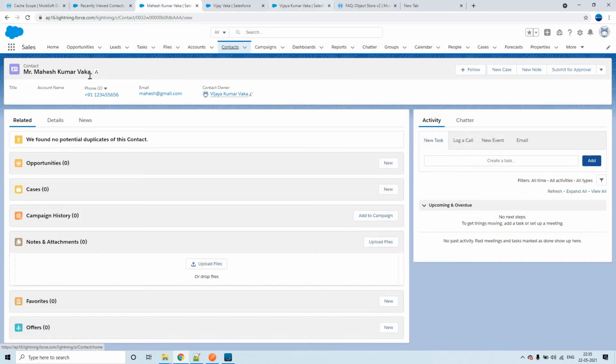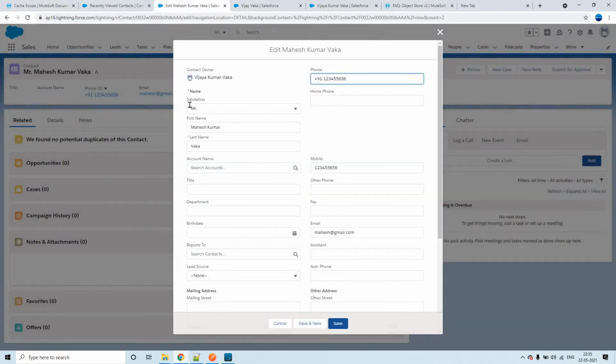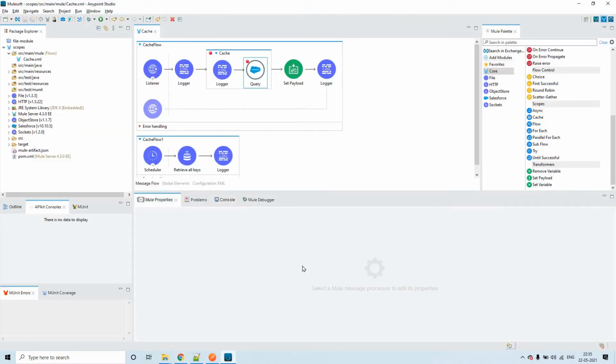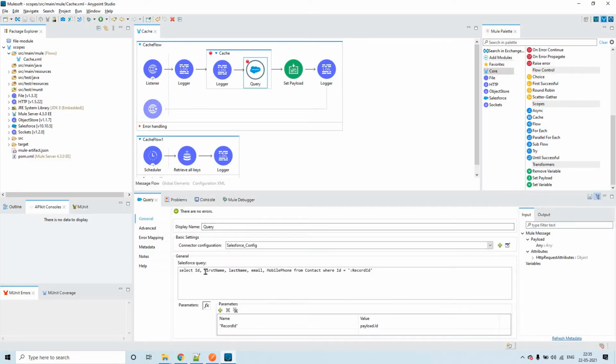Here is one contact's information. If I click on edit, you'll see things like salutation, first name, last name, phone, but this is mobile phone, and email. As per the query, we'll be fetching five details: one is the record ID, the second is first name, the third is last name, then email, and mobile phone.